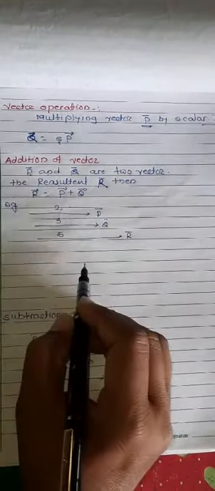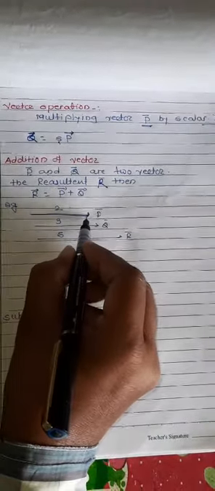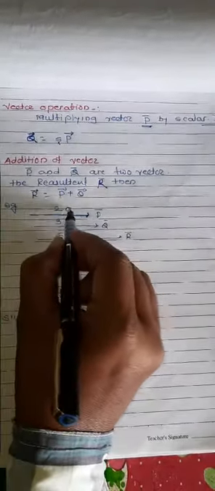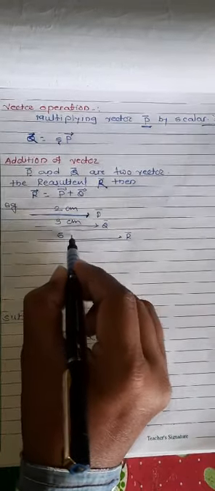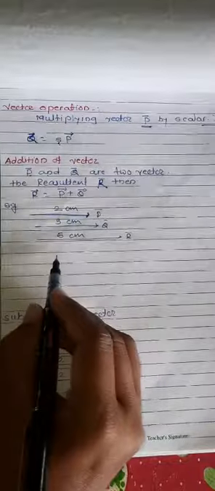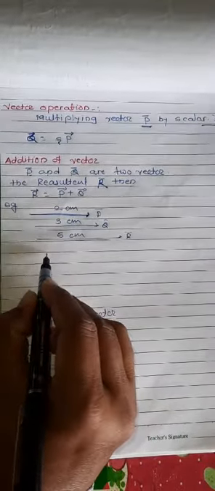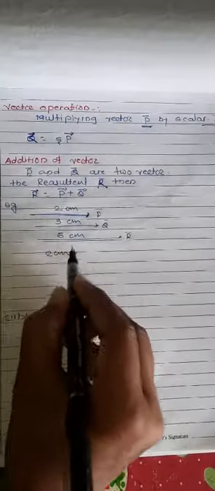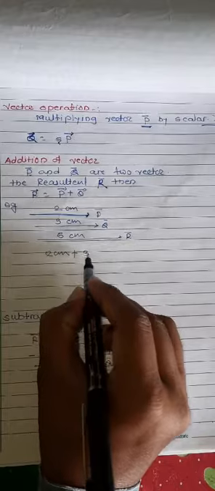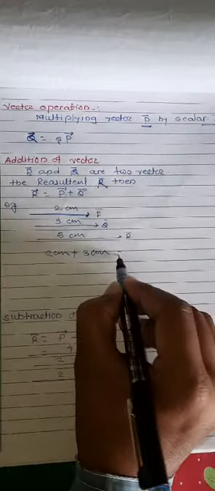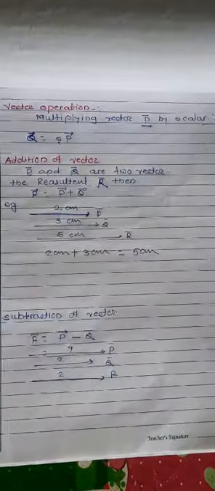Suppose we take an example of this. Suppose p bar is a vector of 2 centimeters, or any other unit can also be taken, and this is in centimeters. So p bar is equal to 2 centimeters, plus the vector q bar, which is 3 centimeters. Then the resultant becomes 5 centimeters. This is the addition of vectors, isn't it?